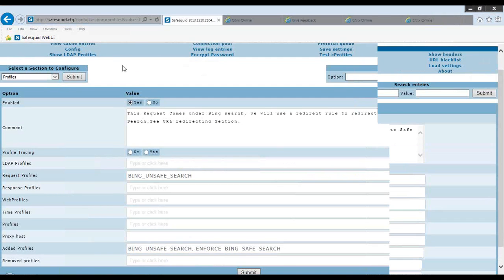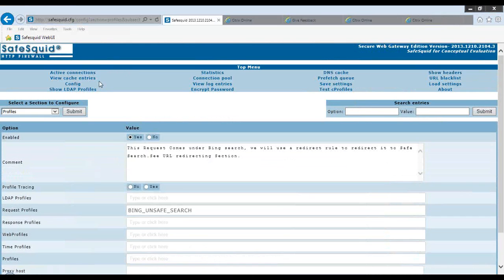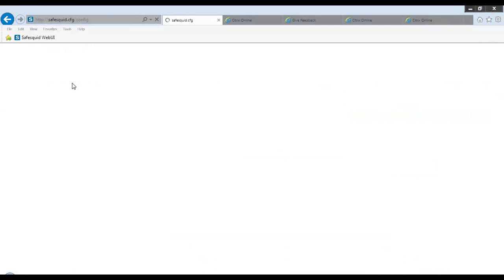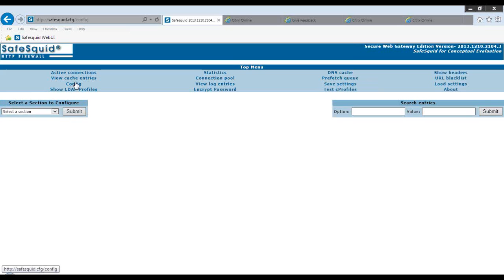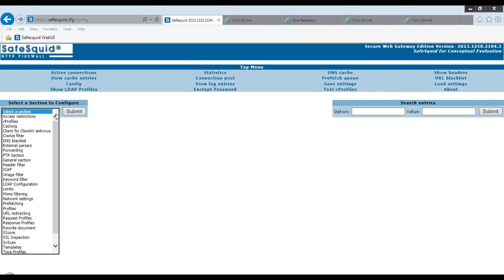Okay, so as you can see here, the old SafeSquid interface pretty much is the same. There is very little difference on the shell as you see on the screen right now. It's pretty much looking like what you have known it to look like for so many years now. The first important difference that you will notice is when you come to the profiling section.